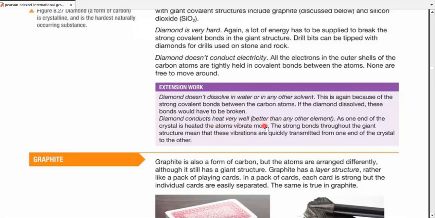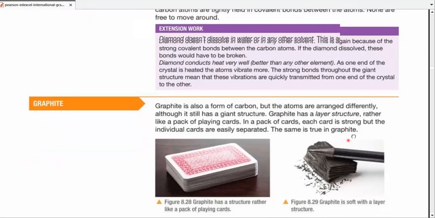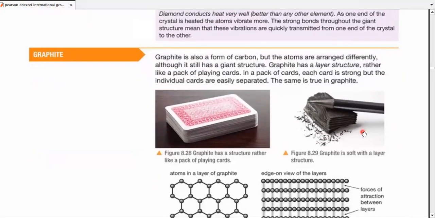Diamond conducts heat very well, better than any other element. As one end of the crystal is heated, the atoms vibrate more and more, and the vibrations move on to other atoms. The strong bonds throughout the giant structure mean these vibrations are quickly transmitted from one end of the crystal to the other. Hence, diamond is a very good thermal conductor, but a very good electrical